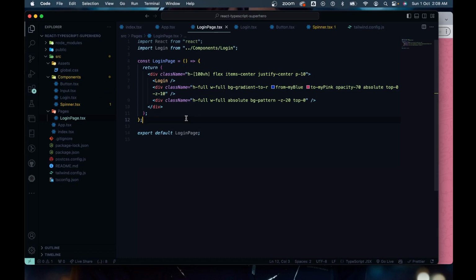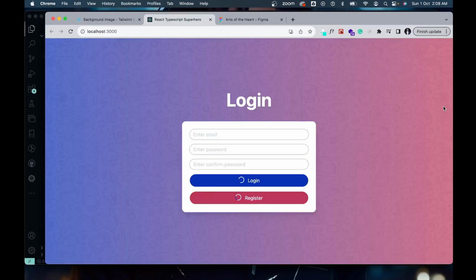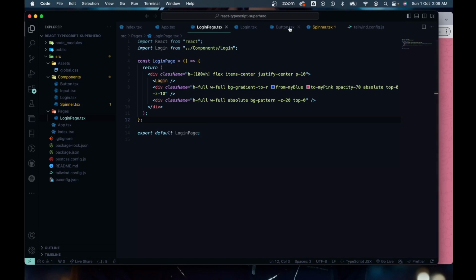All right, very good. So we ended here. Before we move on, I want us to align this properly. If you notice, you see the loader is a bit up. It's not properly aligned vertically with the same login, and same thing with the register as well. So we want the loader and the text to be on the same vertical point. So if we go to the button here,